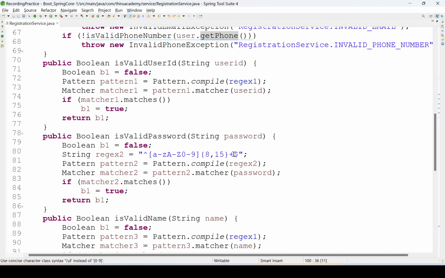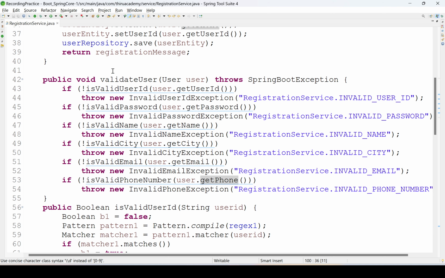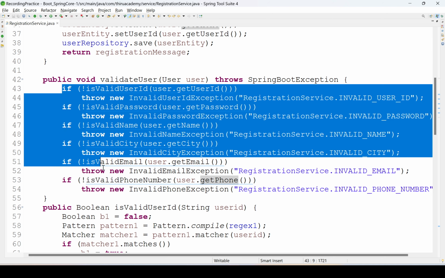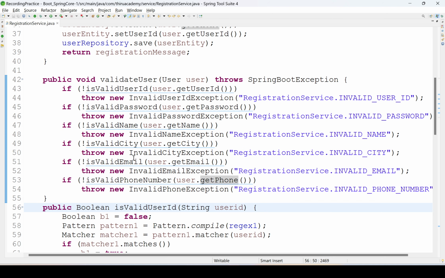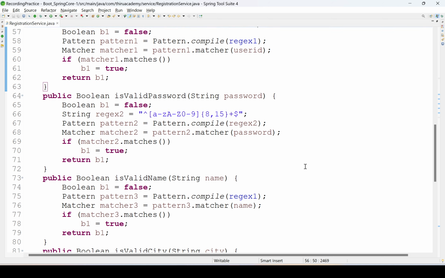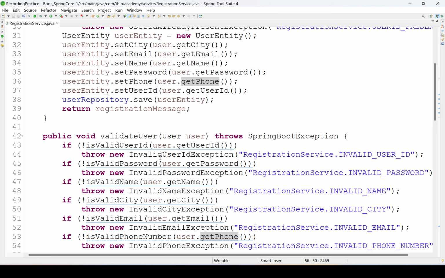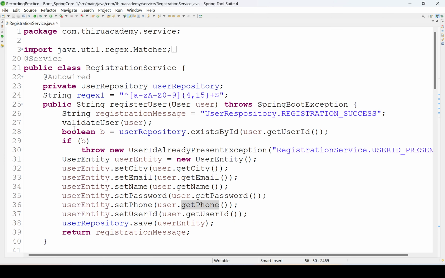Same way we are validating all the values by using if conditions. Fine, we are validating the user object, and if validation passes, validate user is fine. If all the values meet the requirements we mentioned in the